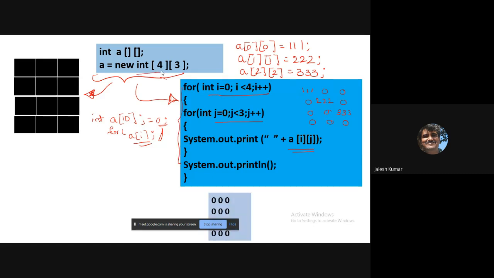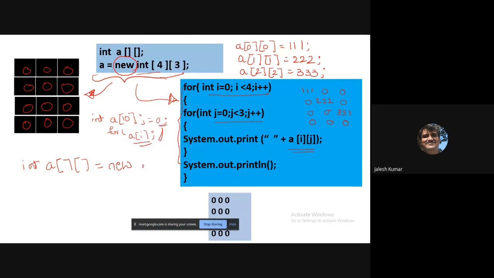The output shown is like this. You'll get zeros for all the locations. That means here 0 0 0 0 0 0 0 0 0 will be filled automatically. Why does this happen? It happens because of the new operator. When you declare an array in either single dimension or multi-dimension, irrespective of that, you are initializing it. The new operator will initialize the array.